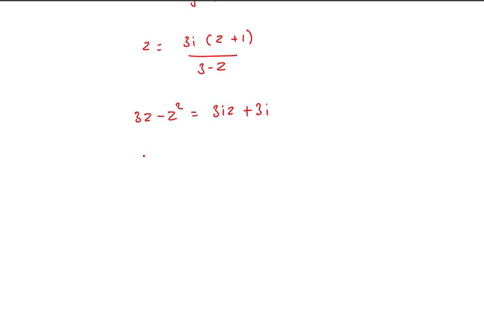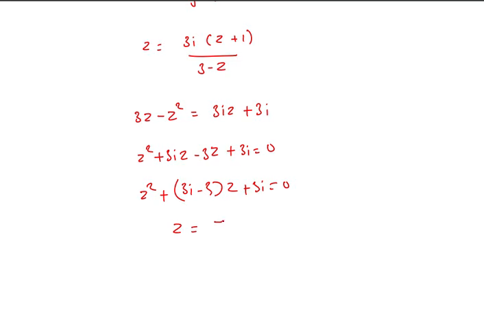Now you can write it as one side: Ez square plus 3i Ez minus 3Ez plus 3i equal to 0. So now Ez square plus (3i minus 3) times Ez plus 3i equal to 0. So Ez equal to minus